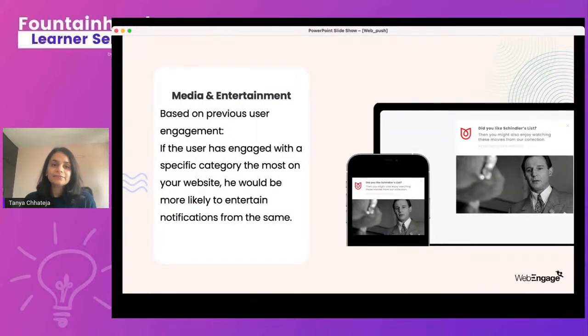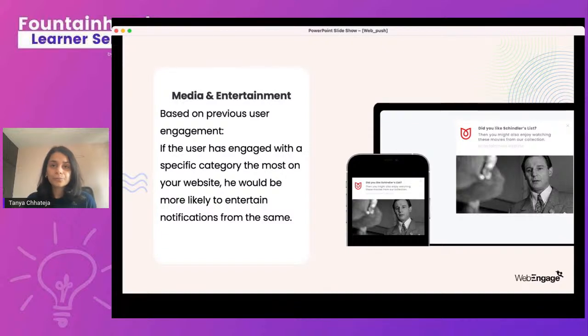For media and entertainment, again, based on previous user engagement, you can send web push notifications that are highly customized. What I've done here is I've shown a user who has watched a movie recently, and I'm using that recent movie to suggest other similar movies that the user would want to explore on the platform.